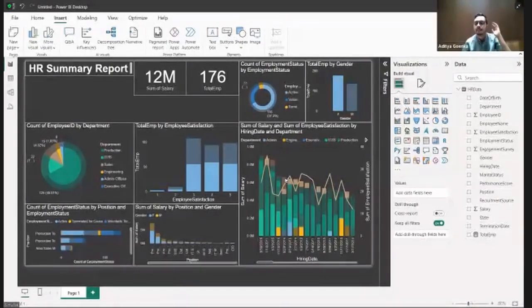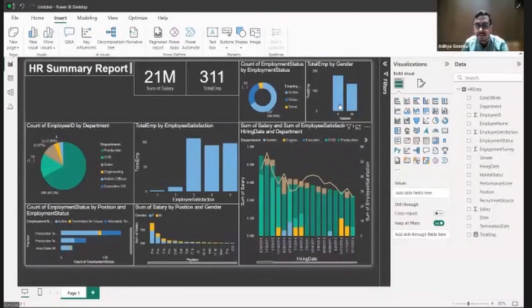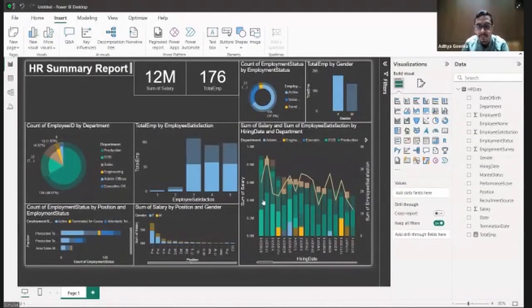How many of you are absolutely mind blown by this particular interactivity feature? Employment satisfaction scores for female and male segregated. Count of employees department wise, for female and male segregated. Over here, if I select female, you can see there are three colors. Once I do that, highlighted, dehighlighted, separate.